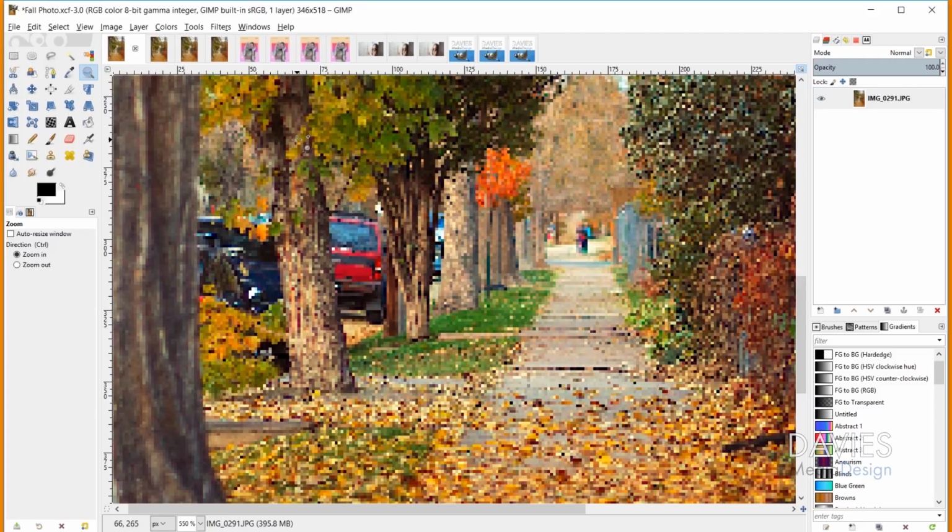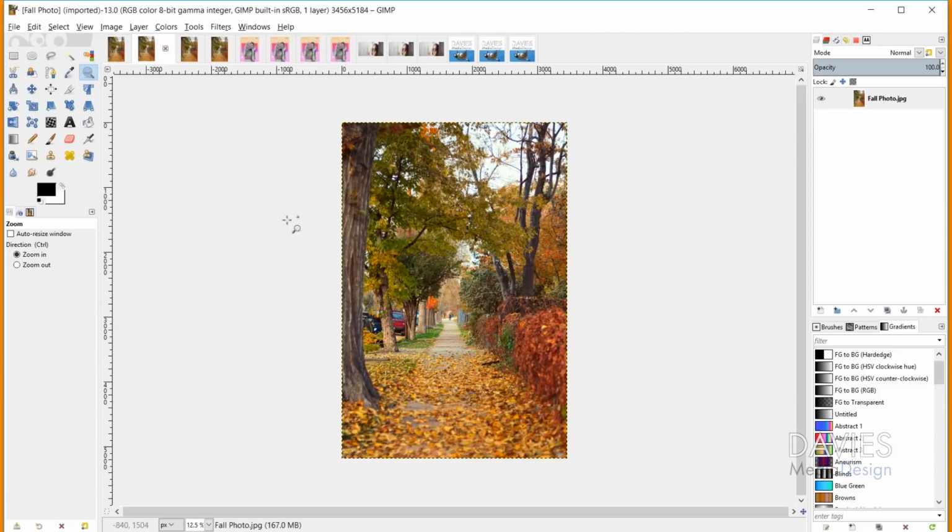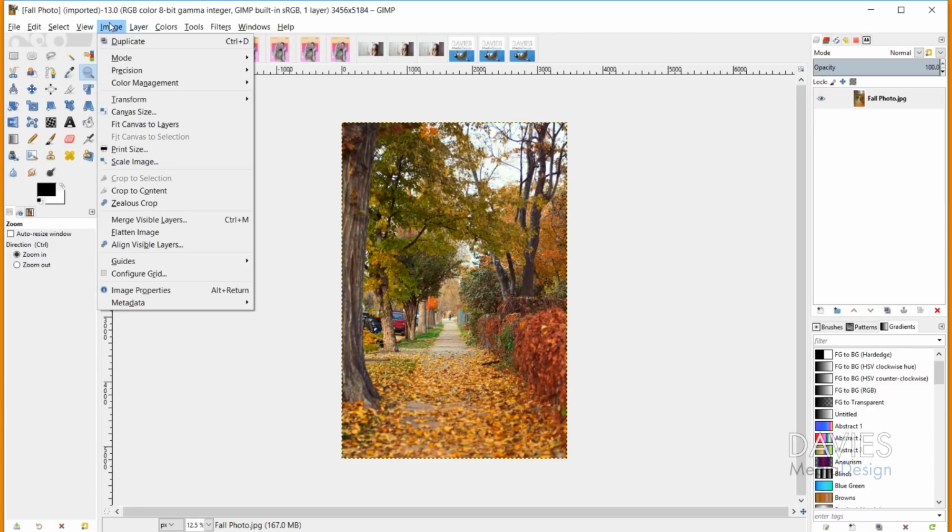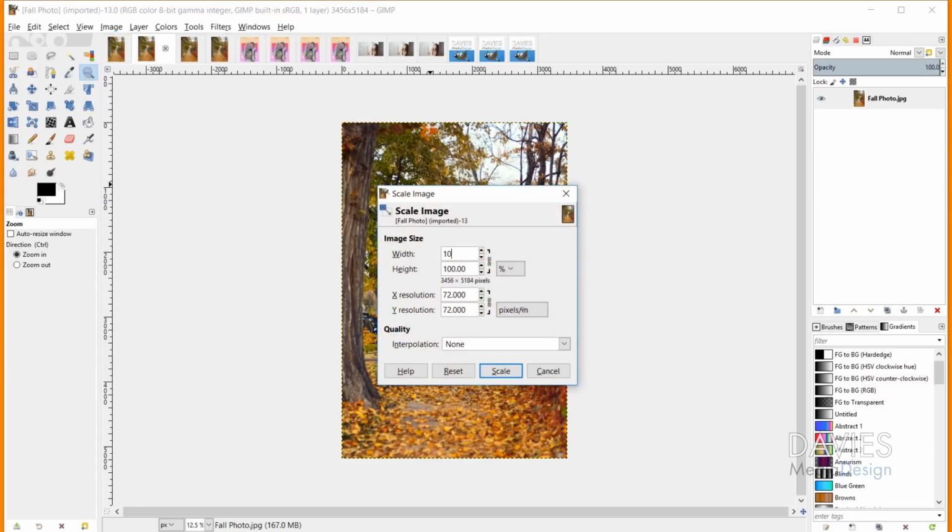So you can see it's very pixelated in here. You can't really see a lot of detail going on here. This is as to be expected when scaling an image that was that large down to this small of an image. But now we're going to come over to our next image and perform the same thing, but with a different interpolation quality. So go to Image, Scale Image, and I'll choose 10% here and hit the Tab key,